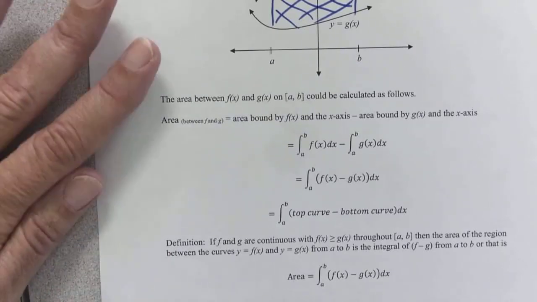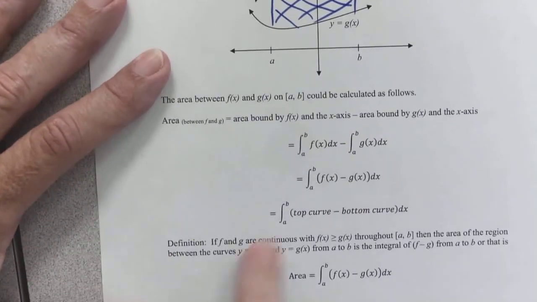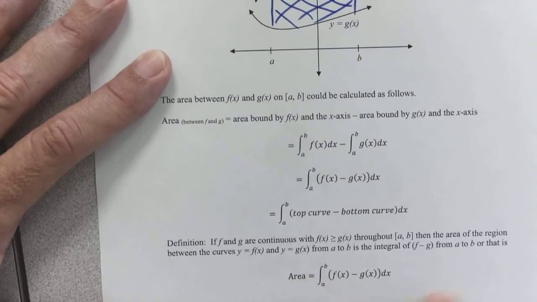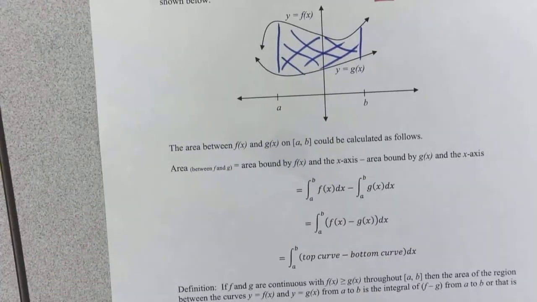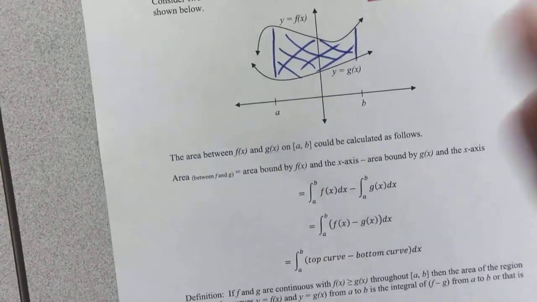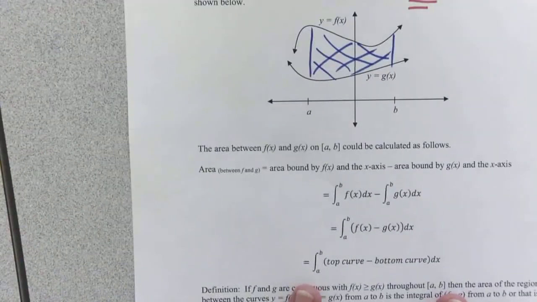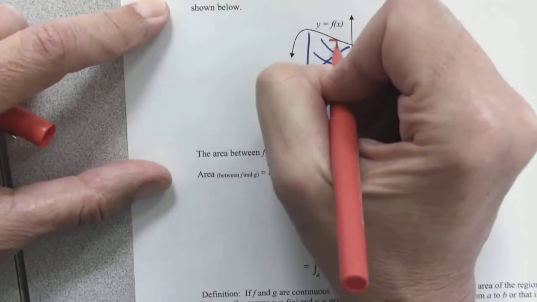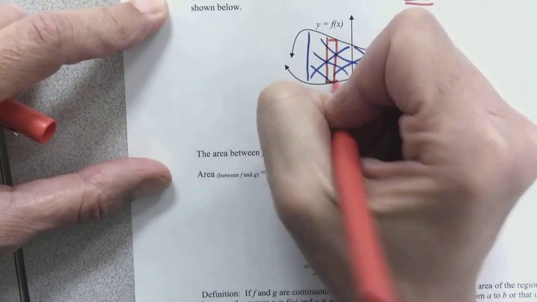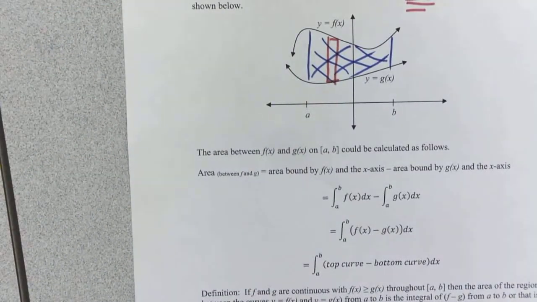Now, why this works in general. What you really need to remember is this guy right here: top curve minus bottom curve. So pretend you don't even really see the x-axis there. If we think about that Riemann sum thing, I'm going to draw a little picture there,